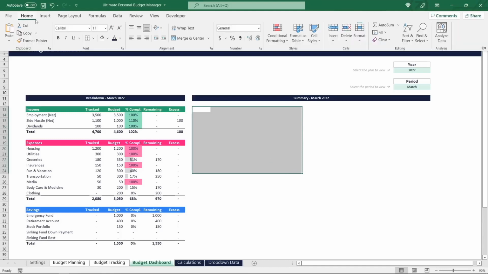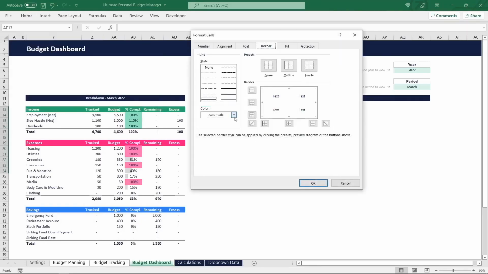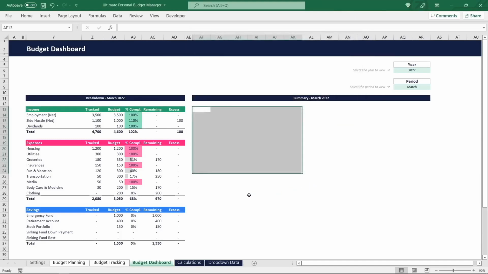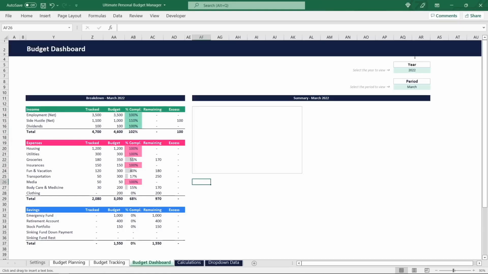For the outline, we're going to open the advanced border options, select this midlight gray as the border color, and then add a border at the top, bottom, left and right of the selected area. In addition, that chart area also needs a title, for which we're going to insert a text box and then type in income categories and in brackets tracked, as these distribution charts will be focused on the tracked